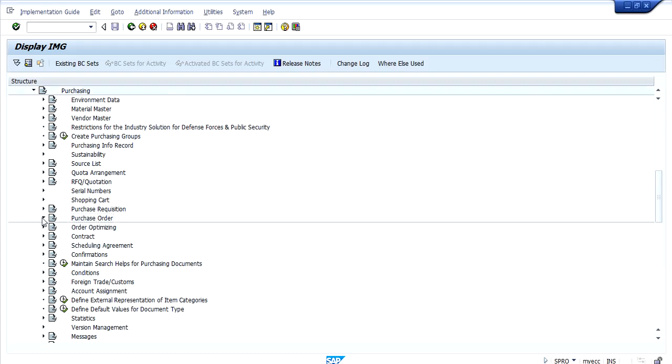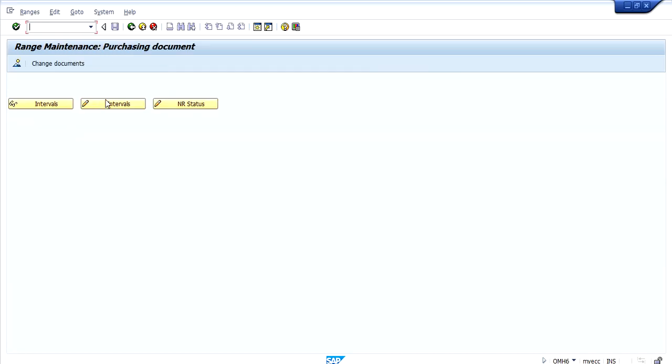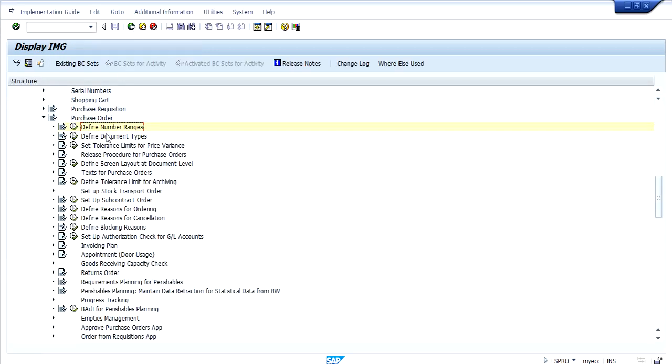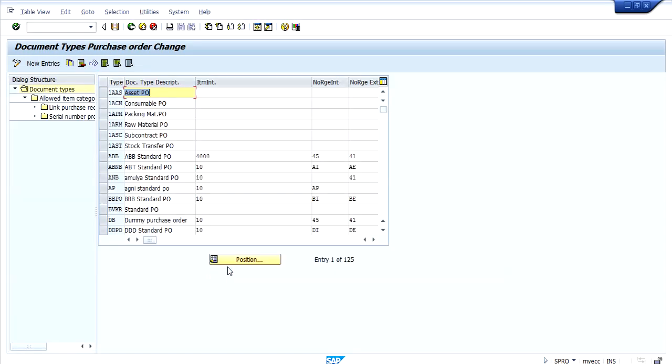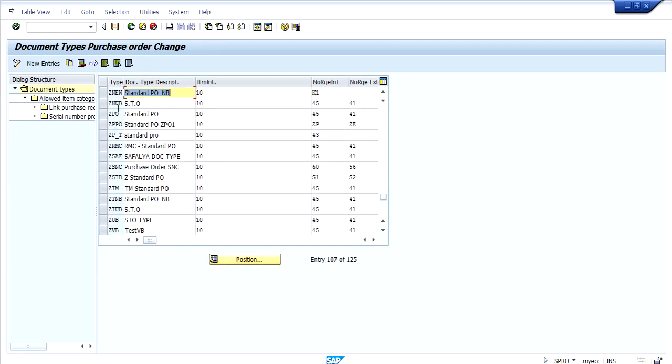So now let us go and configure purchase order. Again the same thing, go to number ranges. Here we have configured an identical number range. Here it could be different also, but for our demo purpose I have configured this one and assigned it to the document type. Since the purchase requisition document type we have configured is ZNEW, I have configured the same and assigned the number range. Here I am keeping the interval as 10.